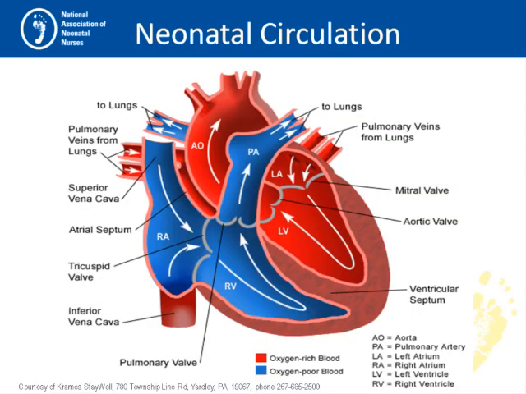The most significant change in the fetal to neonatal transition is that the lungs, rather than the placenta, become the primary organ of oxygen exchange. When the newborn takes a breath and the umbilical cord is clamped, the transition from fetal to neonatal circulation begins, which causes significant circulatory changes. With the first breath,